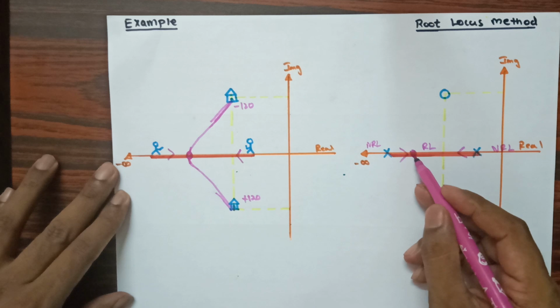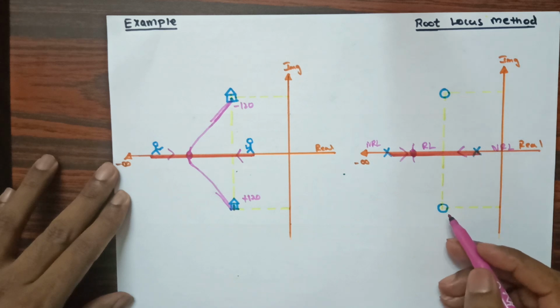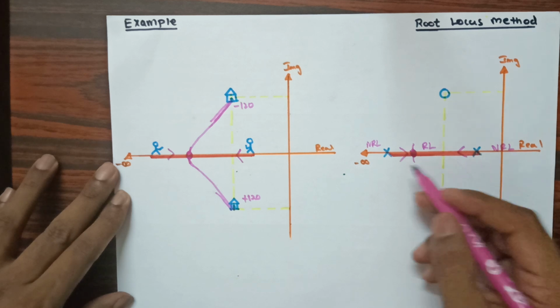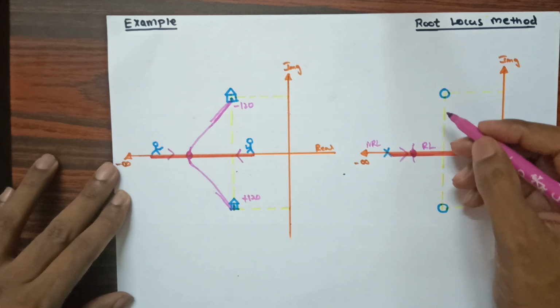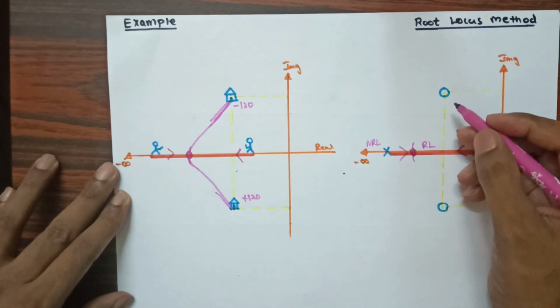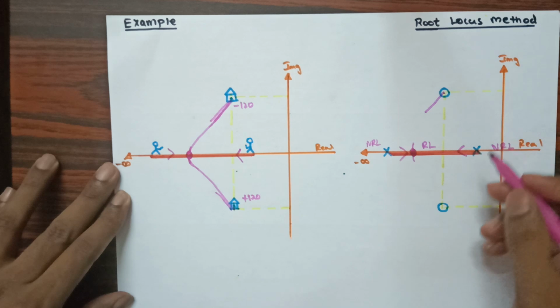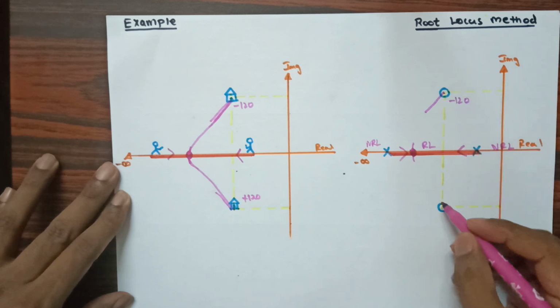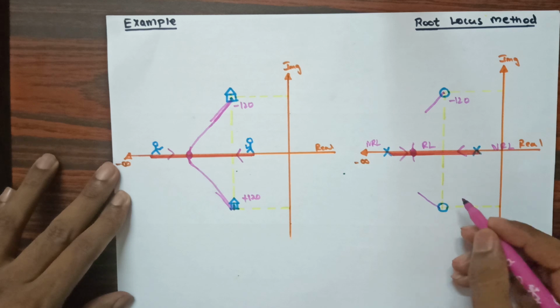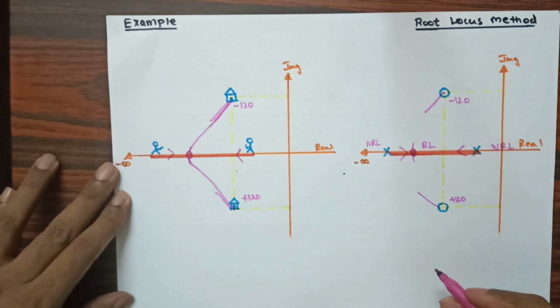So these two poles are going to meet at this point and they are going to come out here in this way. But now they need to end with these zeros in this root locus method, and zero is the end destination now, the end point. Now these two poles need to end with these two zeros. Now they have to end, but they can't go directly to this zero. They need to follow a certain angle that we call the angle of arrival. Here I am considering as an example minus 120 angle of arrival, and here I will be considering plus 120 angle of arrival. So the angle can be anything. Now here I am taking an example of minus 120 and plus 120.